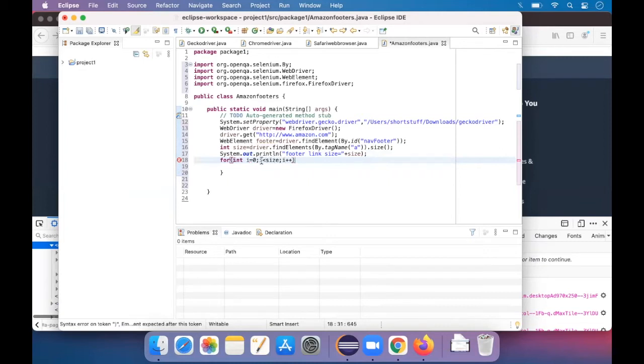You might ask why it is I less than size and not less than or equal to. Because if suppose the size is 10, it takes the starting index as 0 and goes till 9, which are the 10 elements, the 10 links over there. So I just take it as less than size. Okay, so now for,